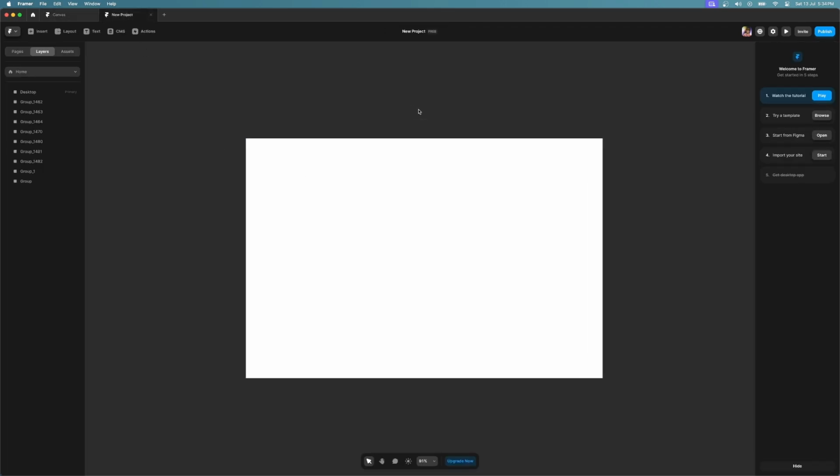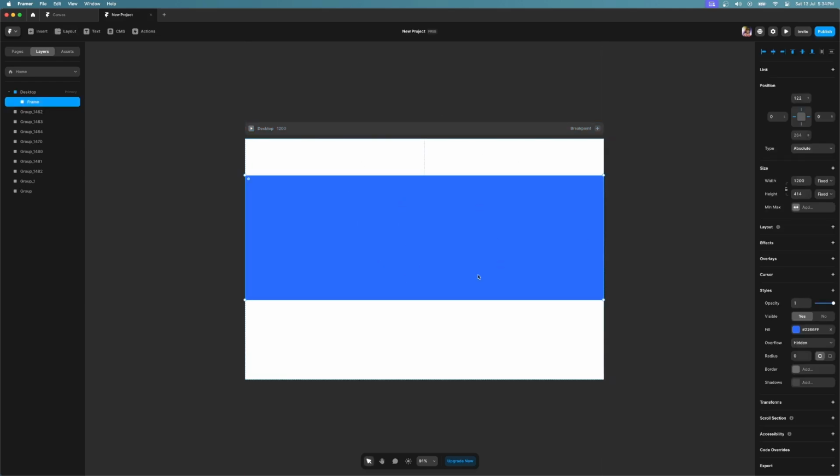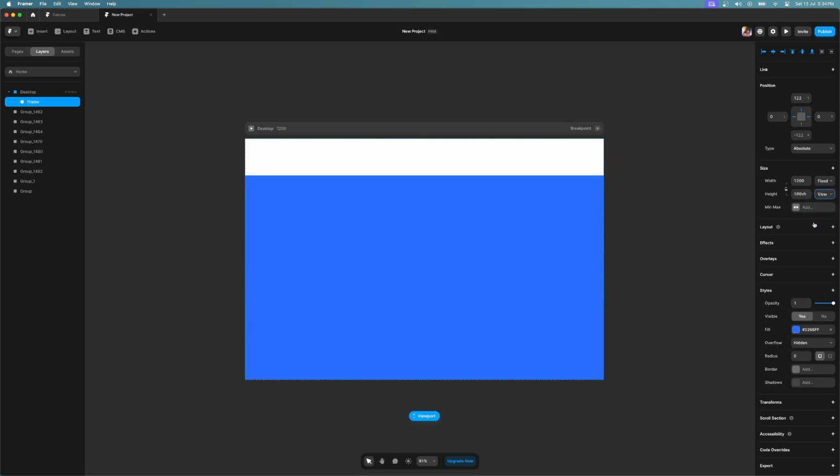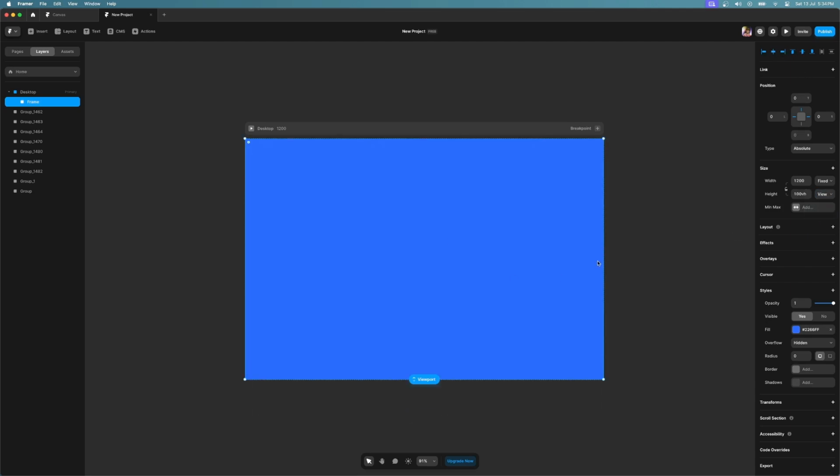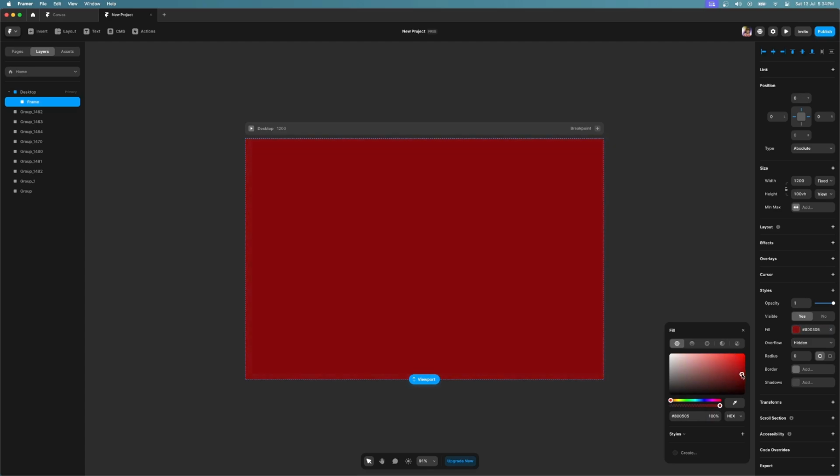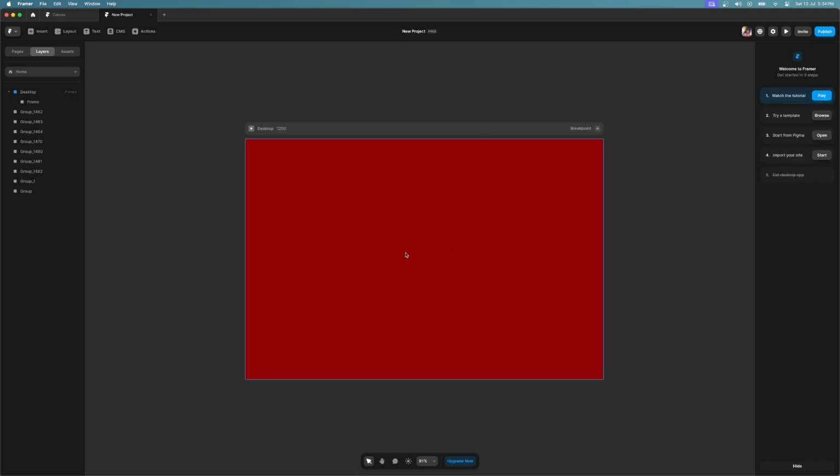So the first thing that you need is a new Framer project, and the first thing that we're going to do is hit the F key on our keyboard, and we are going to create a new frame that matches the width. Now make sure that the left, top and right constraints are set, and what we are going to do is set the viewport height to 100 VH, and we are going to align it to the center. So right now what we are going to do is set the fill to a distinct color. I'm going to show you why later on in the video, but right now I'll hit the F key again